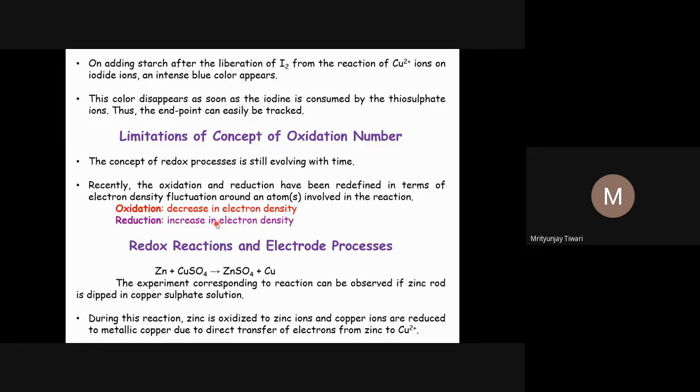Although this may not be understandable to you right now, and you may not be able to visualize how the electron density changes during chemical reactions, that is something you can imagine and is not difficult. But it is much easier for us to understand and visualize oxidation and reduction in terms of change in oxidation numbers. And oxidation number can be found through methods that I have explained.